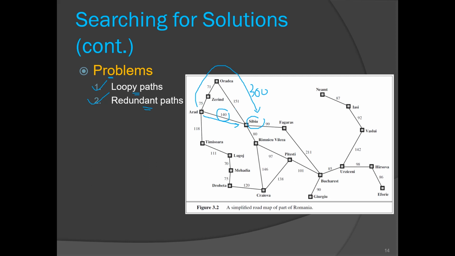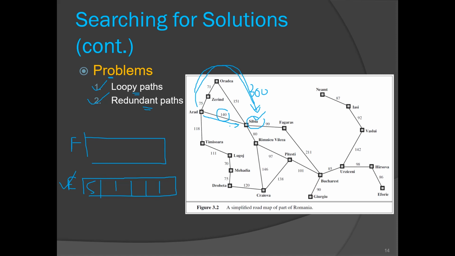So how to avoid that, our agent needs to address. Now the easiest way to avoid such problem is, we are maintaining a frontier, right? Along with the frontier we can maintain another data structure, which we call explored set, where we can keep all the nodes which we have already visited. So when we are going to Sibiu from Arad, Sibiu will be there in the explored set, right? So if you go from this path, we need not add Sibiu to our search tree because it is already there in the explored set, right?